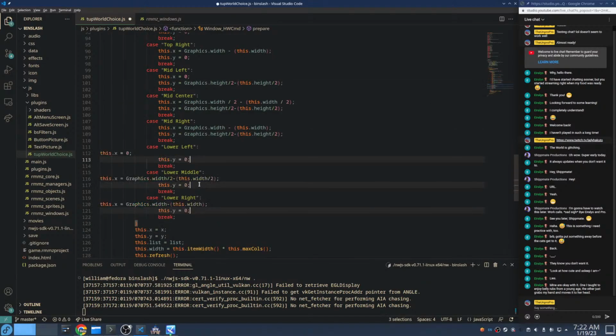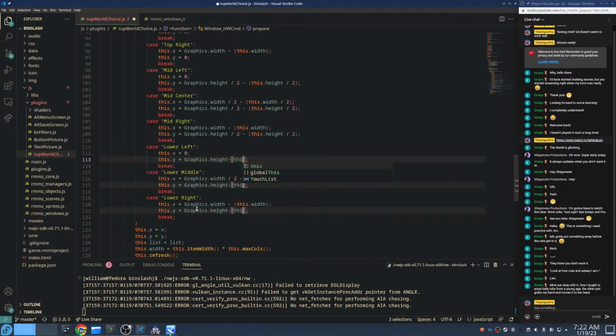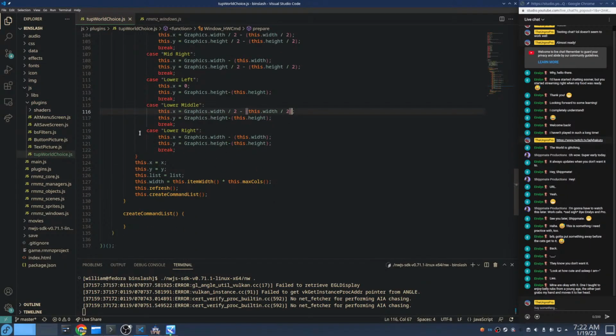So then we're just going to do that again, except this time we'll do Graphics.height minus this.height. Alright, so we'll say plus equals and minus equals. So plus equals X and Y, so whatever offset that you apply, and that should position it properly. And then we're setting the width, and then